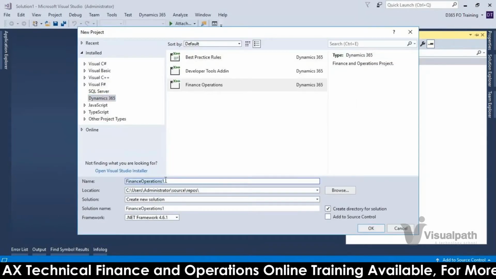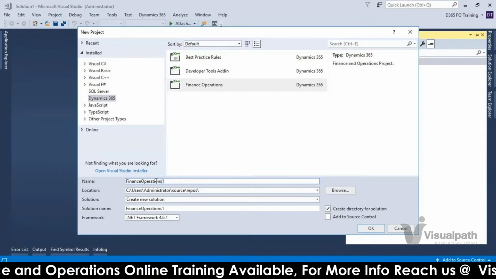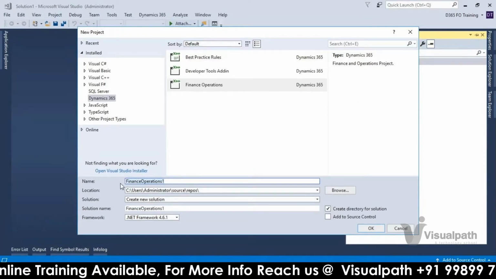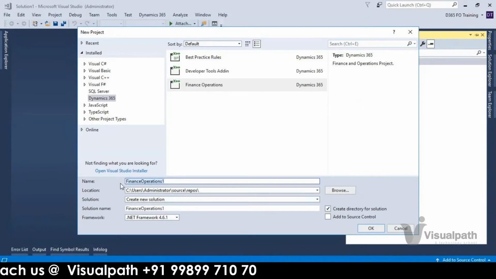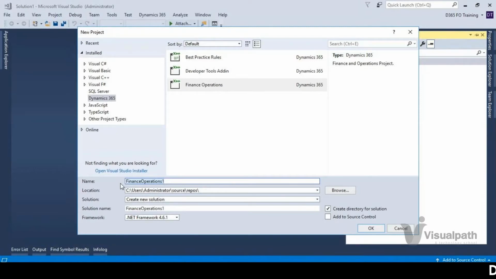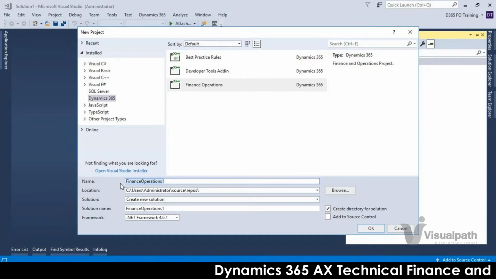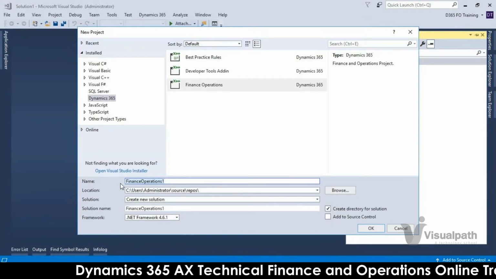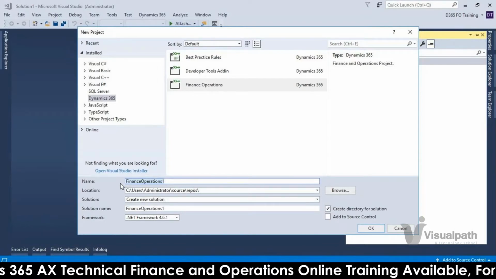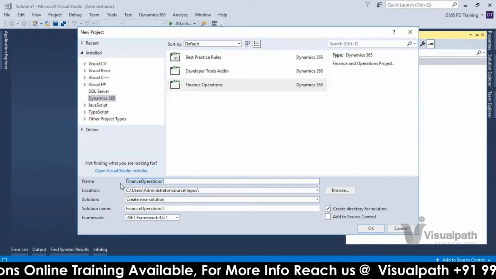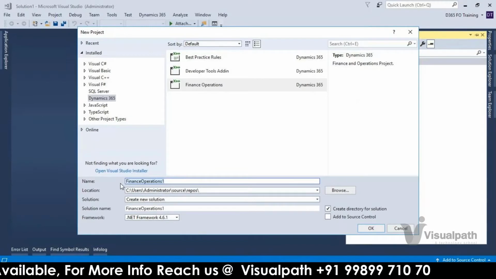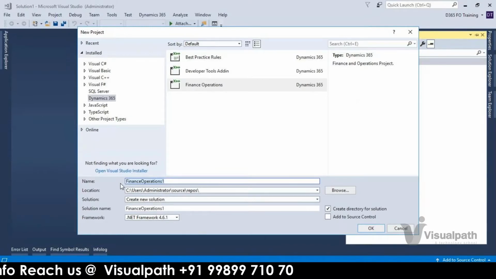Okay, project name you can take anything. For example, if you are creating for a specific requirement, you can give that requirement name to the project. If you are working on some enhancement, you have the enhancement number and all, you can give that name. It's not like you need to give only the model name. Based on your requirement, you can bifurcate the things. For example, it will automatically create a solution as well. Under that solution, you can have multiple projects referring to multiple different models.